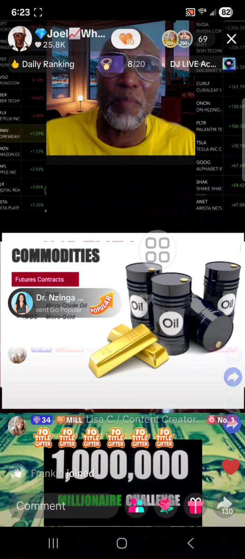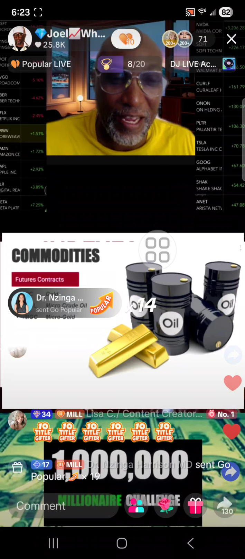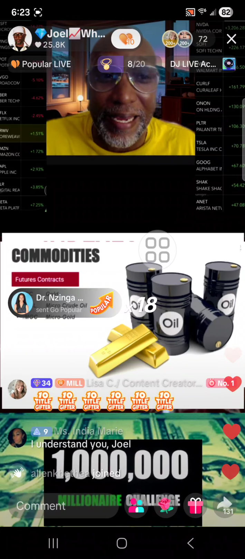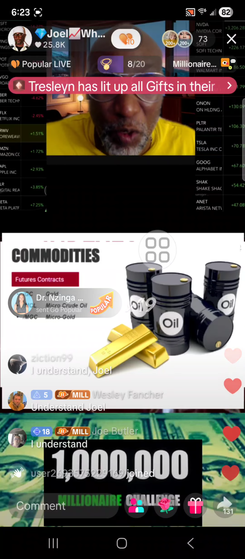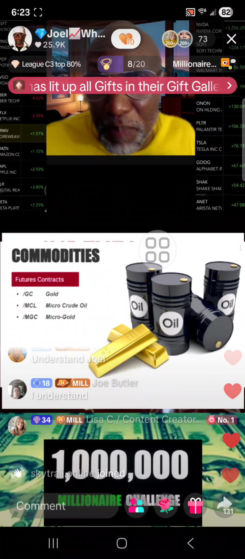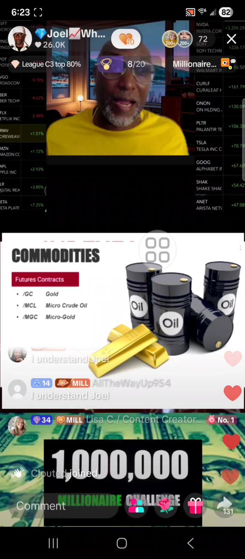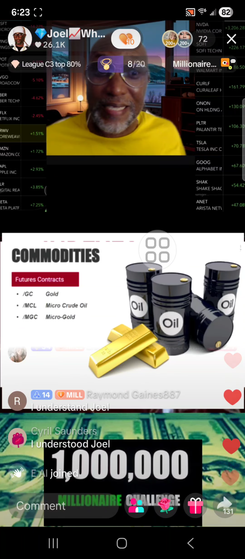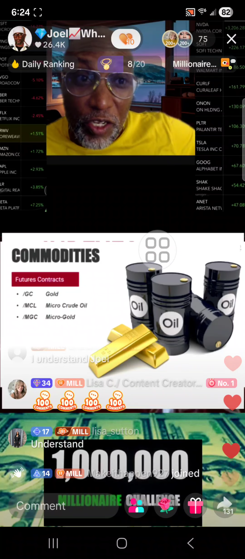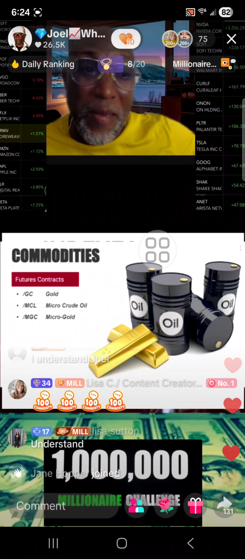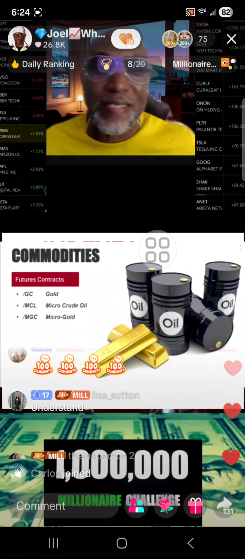Because this is one of the most important things when it comes to commodities trading. You're actually buying the commodity, but you can get in and out in 30 seconds if you want to. I can buy a pig and sell a pig in 5 seconds and never have to buy a pig again. I can buy corn, sell corn in 10 minutes, never have to worry about buying corn again. I can buy gold and sell that gold in minutes. I can buy and sell silver in minutes. I can buy and sell oil